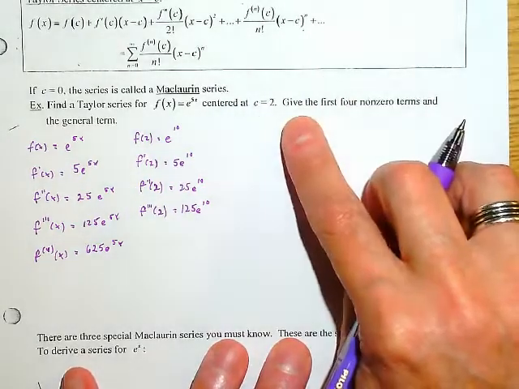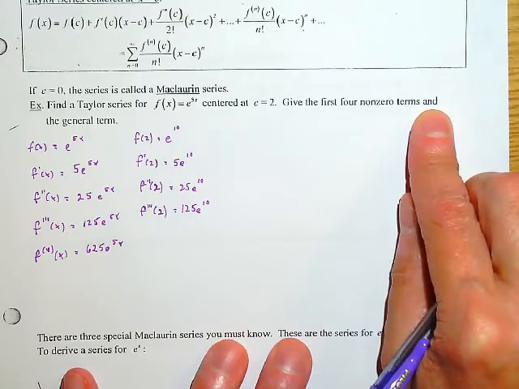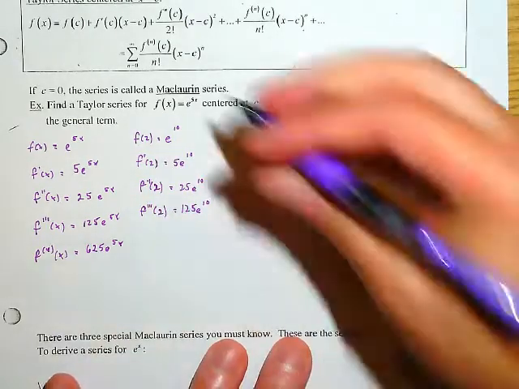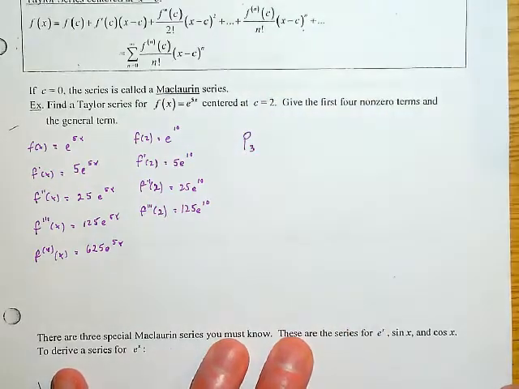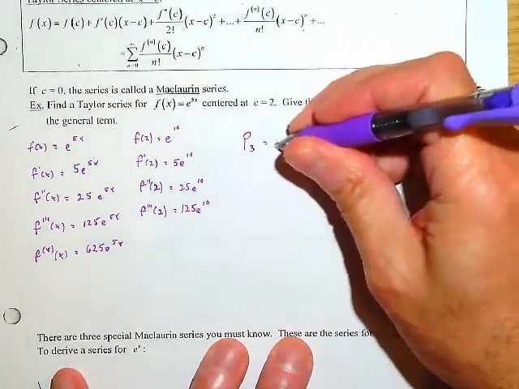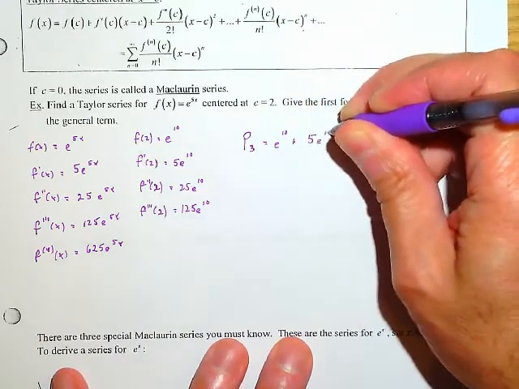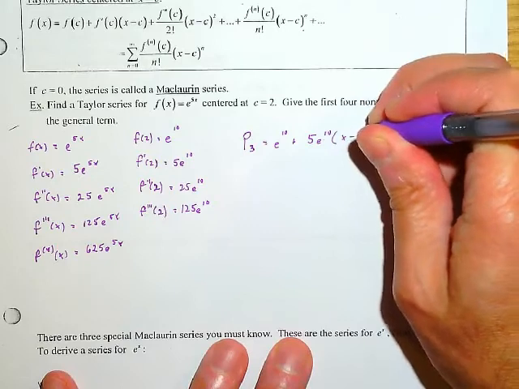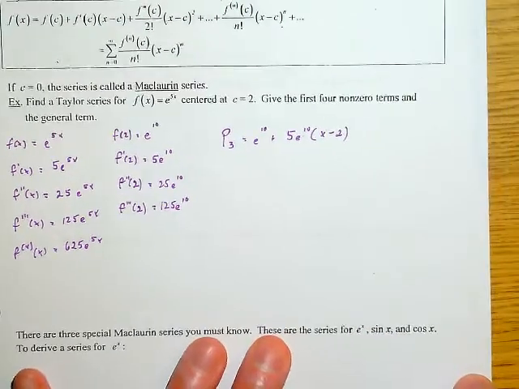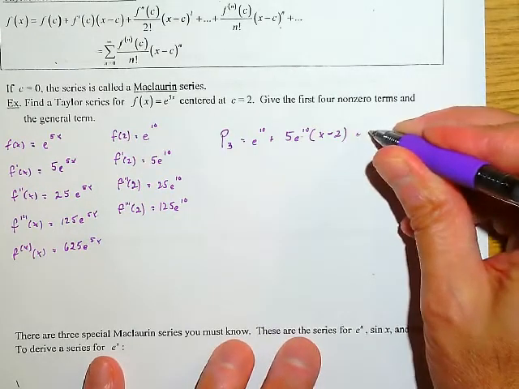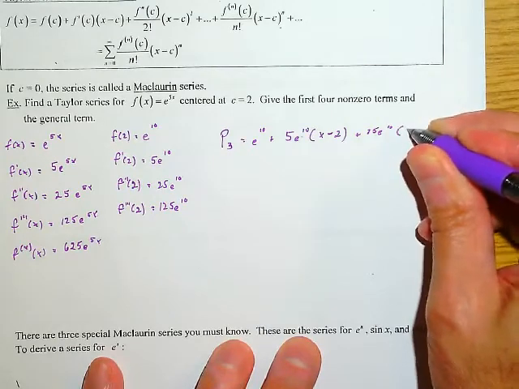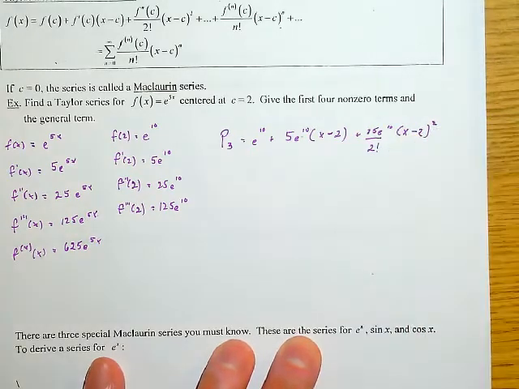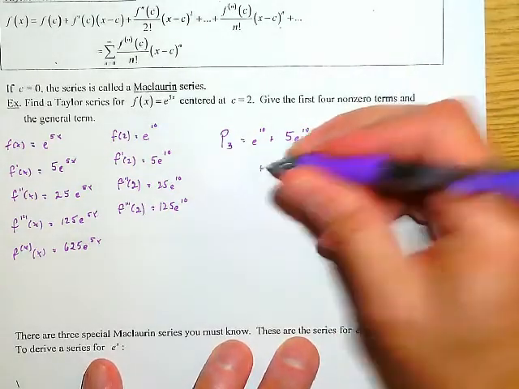So let's go ahead, and we want our first 4 terms. So what degree would that be? First 4 terms, if we've got f of 2, that's not 0, so we're going to have a third degree polynomial here. I'm going to start out with e to the 10th plus 5 e to the 10th, that's my f prime at c, times x minus 2, that's my x minus c there, right? Our next term would be plus 25 e to the 10th times x minus 2 squared, over 2 factorial, and I need to squeeze in another term here, so plus 125 e to the 10th